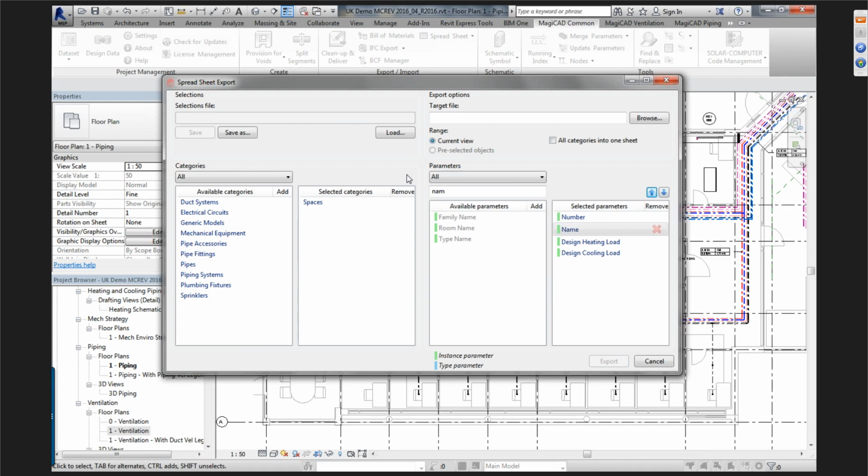So once you've done that, you can then save a selection file onto your hard drive or into a server, and the selection file will give you the ability to